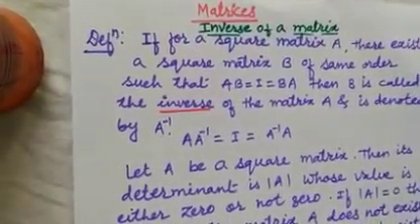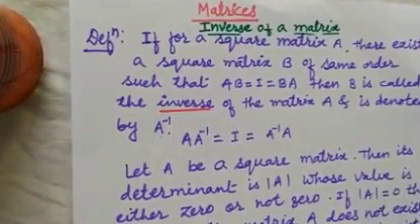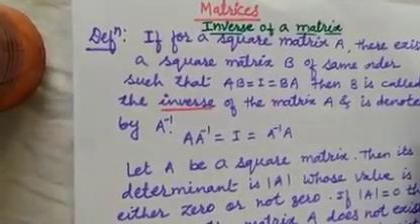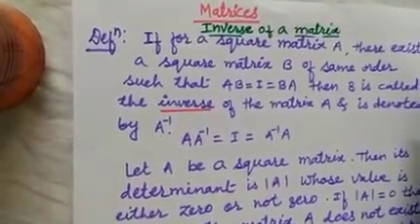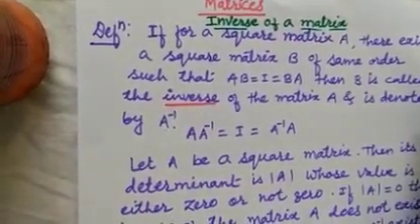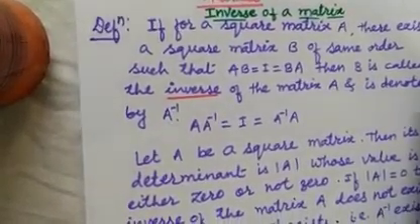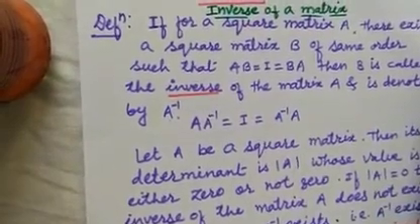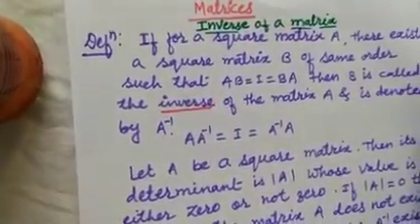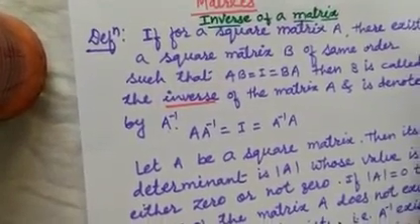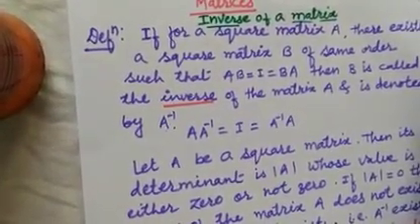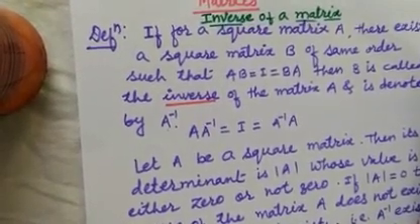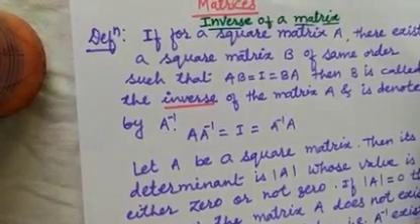Students, this year we want to study the chapter matrices. Last year we studied the types of matrices and the algebra of matrices, that is addition, subtraction, and multiplication of two matrices. Matrices are useful almost in every branch of science. Many problems in statistics are expressed in terms of matrices. Matrices are also useful in economics and operation research.